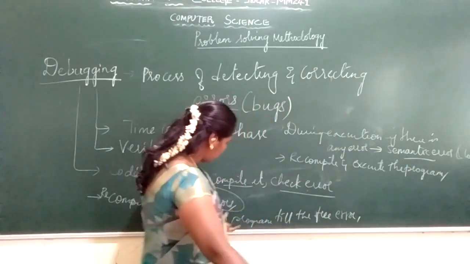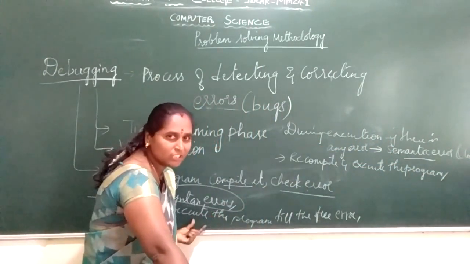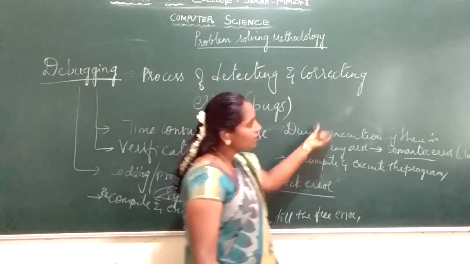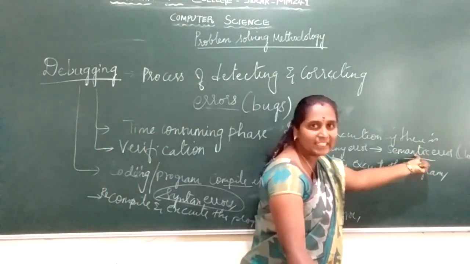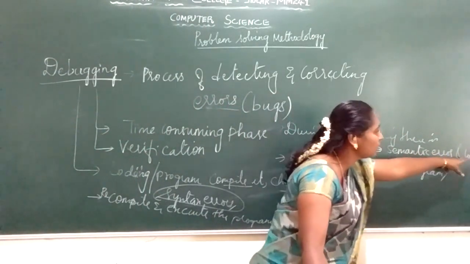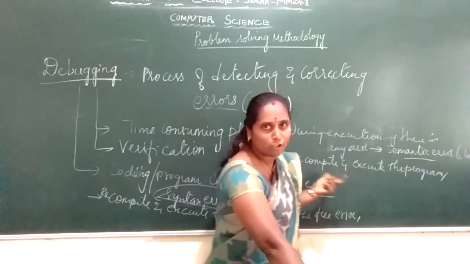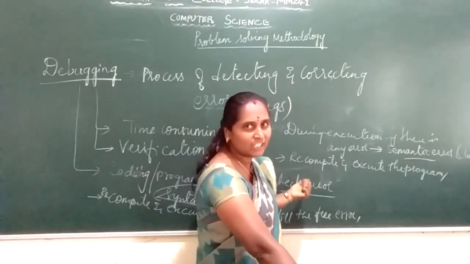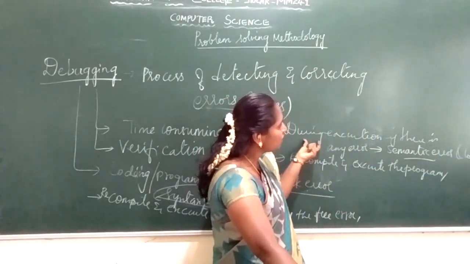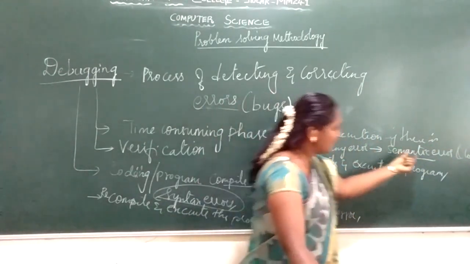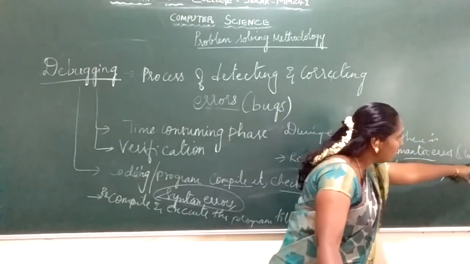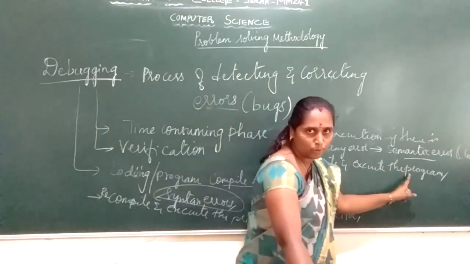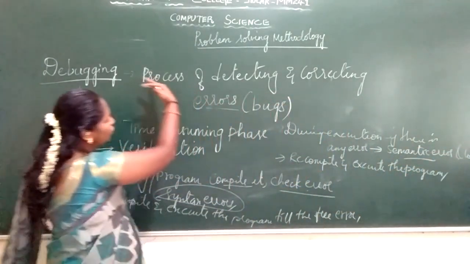If in your compilation there is no syntax error, again you are going to recompile and execute. During execution, if there is some kind of error, it is a semantic error, that is, a logic error, an invalid use of logic. You are going to study what syntax, semantic, runtime and logic errors are. So during execution, an invalid logic error will occur. In such a case, you recompile and execute the program. So these are the steps involved during your debugging.